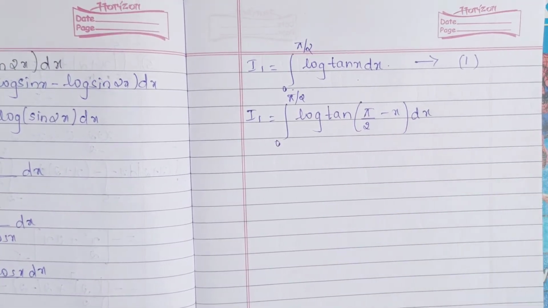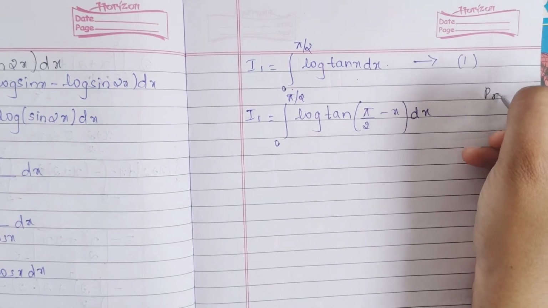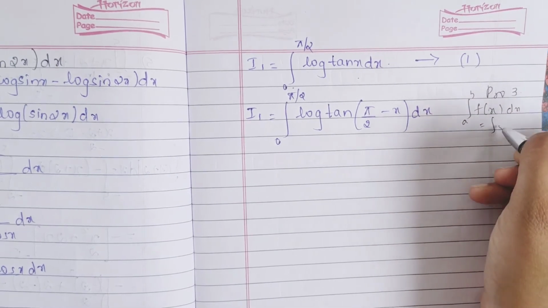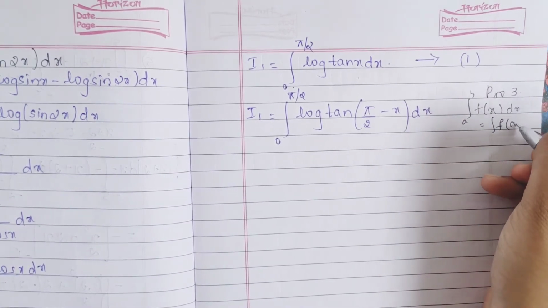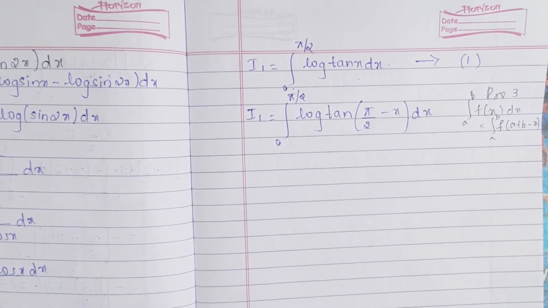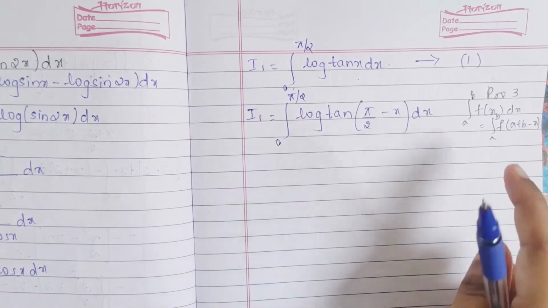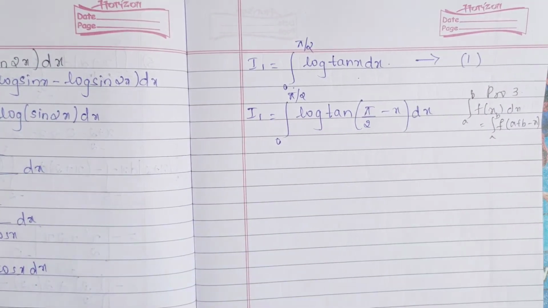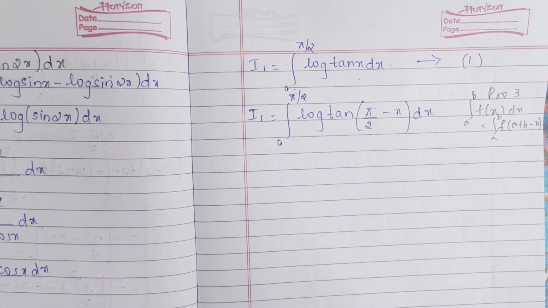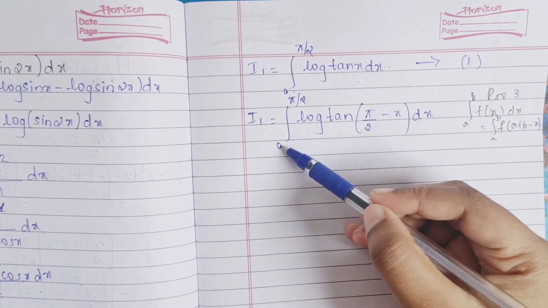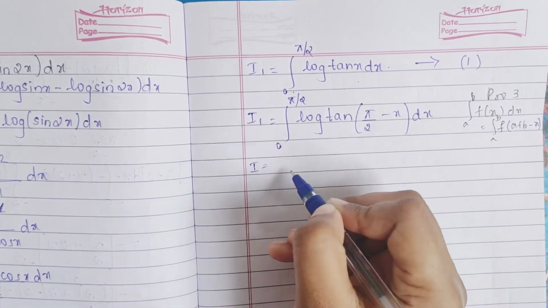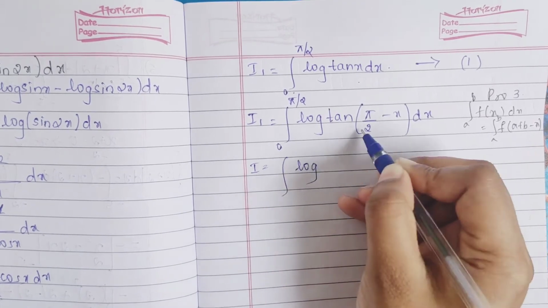So here which property will we apply? Obviously property 3 only, right. Property 3 only, what is that? Integral from a to b of f of x dx, where x is replaced as f of a plus b minus x, right. So whenever you have something like this, in most of the questions you will be using property 2 and property 3, property 3 only. So most of the things you will be using these 2 properties itself. So the same as what I have done, this plus this minus x, so 0 plus pi by 2 minus x, you will get pi by 2 minus x. So next, log tan of 90 minus x is what?